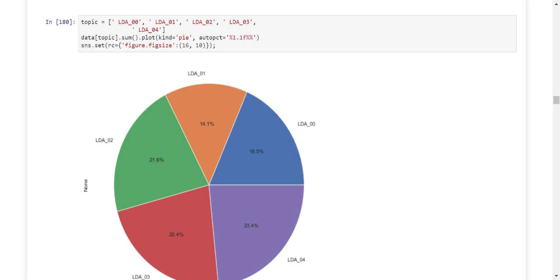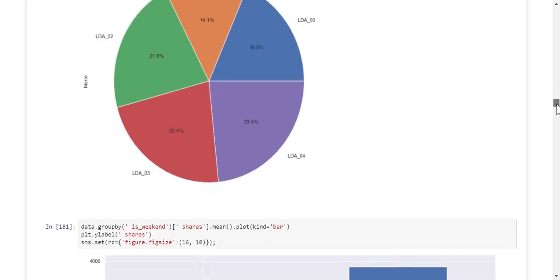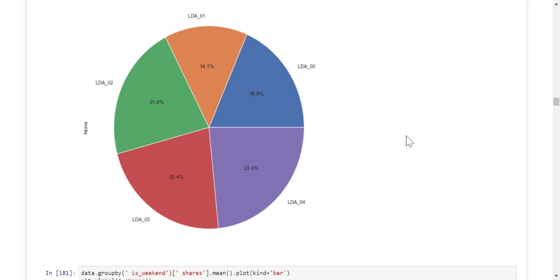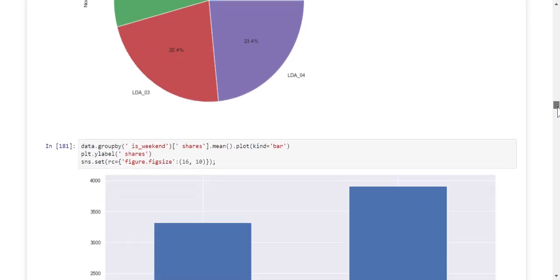I've mentioned before what LDA 00 and LDA 01 stand for. Out of all these five topic models, the most famous one is actually LDA topic 04. Now, I have no idea what LDA topic 04 is. It's not mentioned in the data dictionary of the dataset, but that is the most famous one.